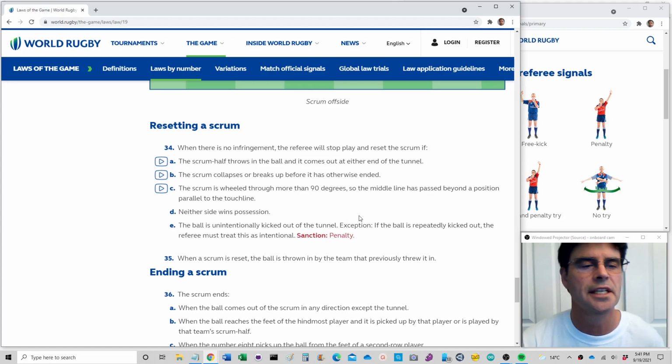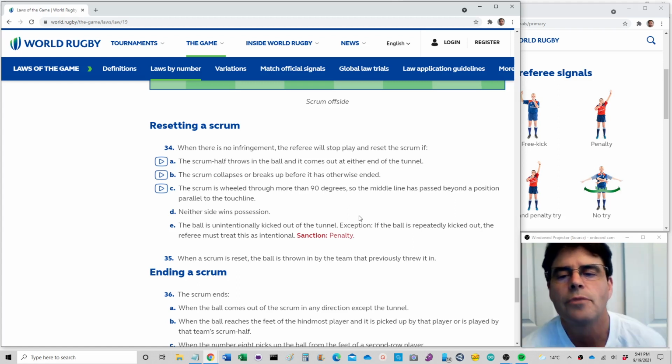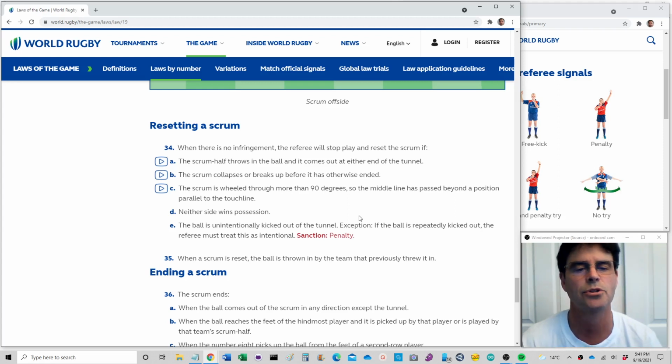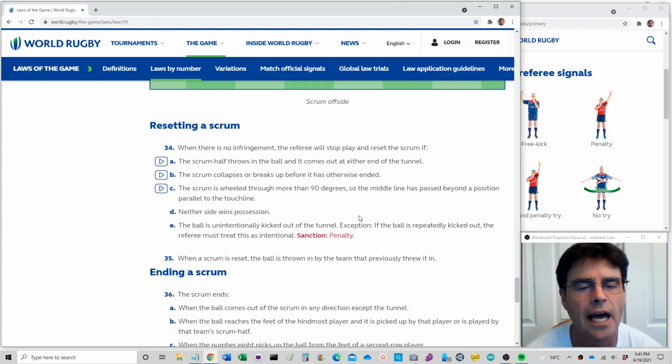Offside. Resetting a scrum. 34. When there is no infringement, the referee will stop play and reset the scrum if A, the scrum half throws in the ball and it comes out at either end of the tunnel, B, the scrum collapses or breaks up before it has otherwise ended,